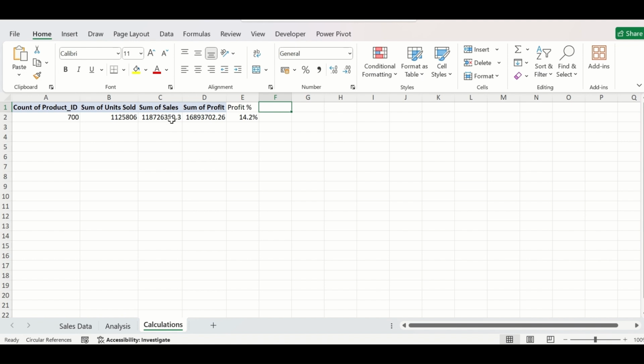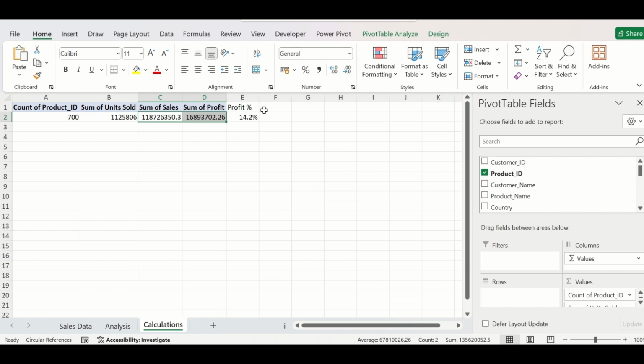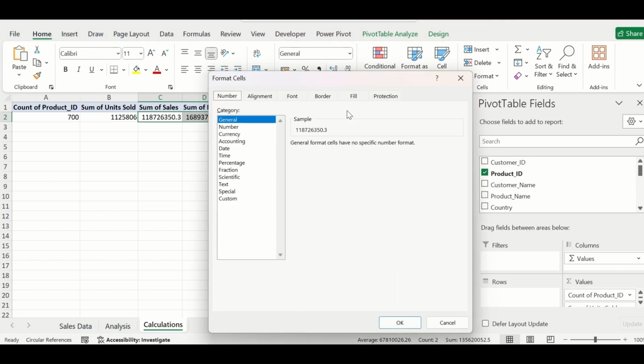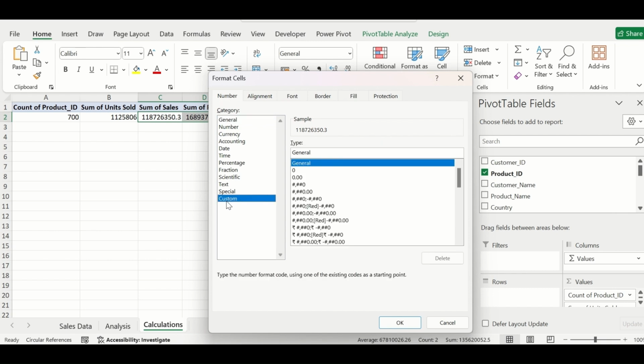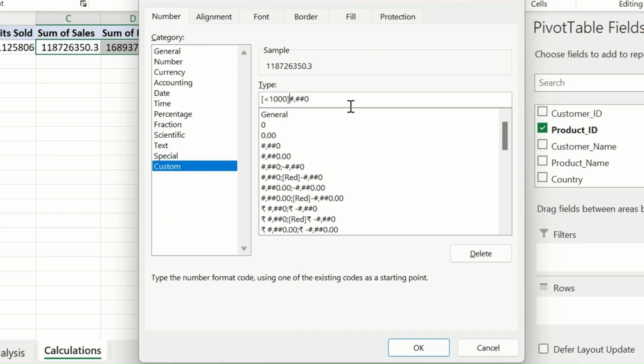Now this sum of sales and sum of profit are showing the actual numbers, but we want to show it in the millions format. So for that we will select these two cells, go to the number format or press Ctrl 1. We'll go to the custom option and from here select this one, and we need to provide a formula here within third bracket less than 1000. If it is less than 1000, then this format will be there. Otherwise it will check if it is